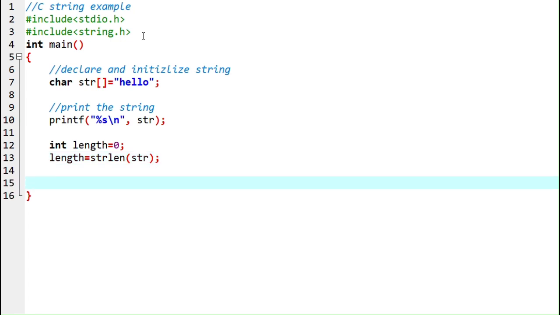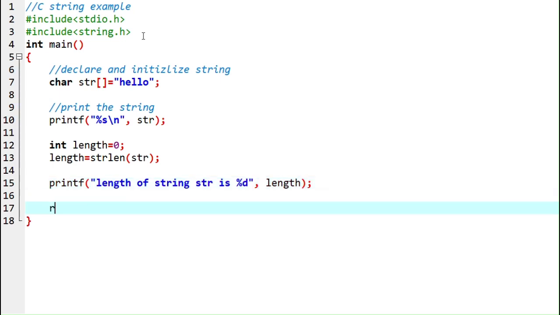Now let's display the length of the string and printf, length of the string str is percentage d, length. And finally return 0. This is a C strings example to declare and initialize the string and print the string